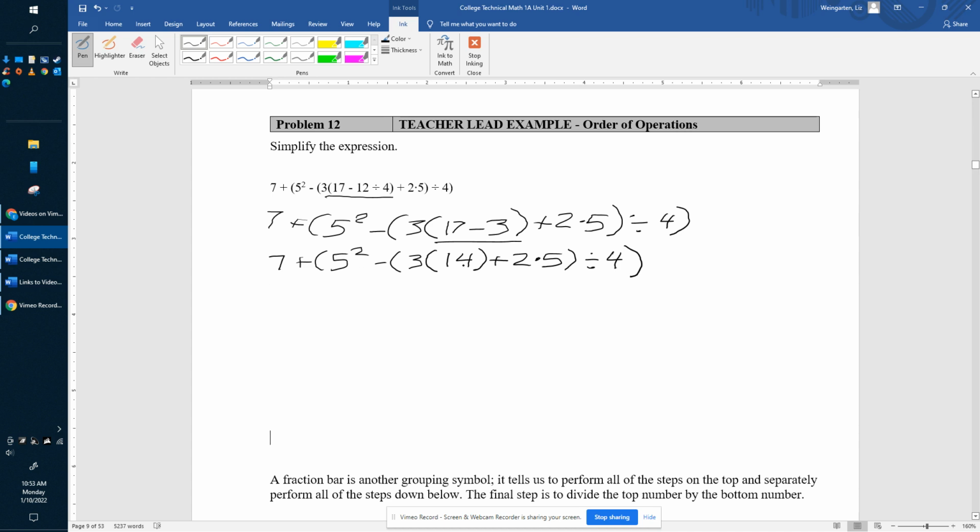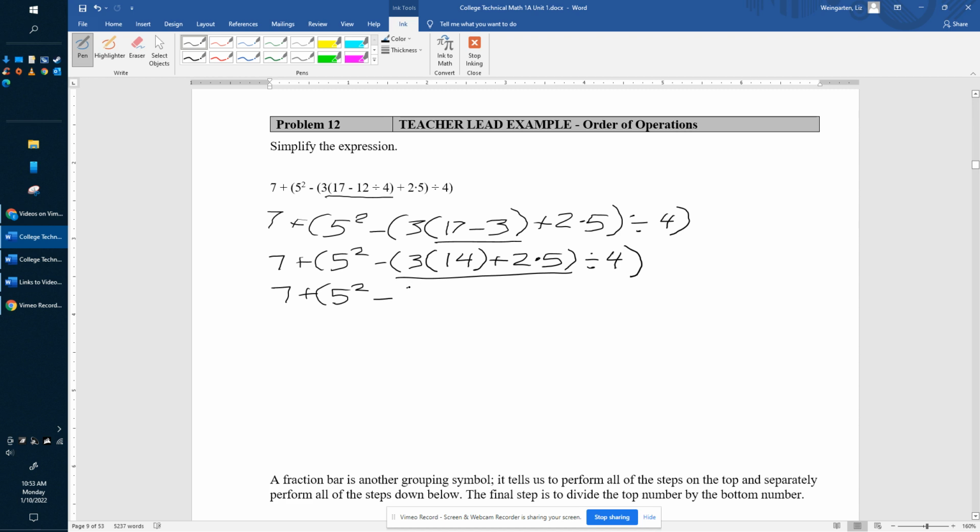So now we have a parentheses here, but there's only a single number in it. So we saw above that when we have a number multiplied by a number that's inside parentheses, that's just going to be a simple multiplication. So now we can focus on the next innermost parentheses, which is going to be this guy. So let's rewrite everything else. 7 plus 5 squared